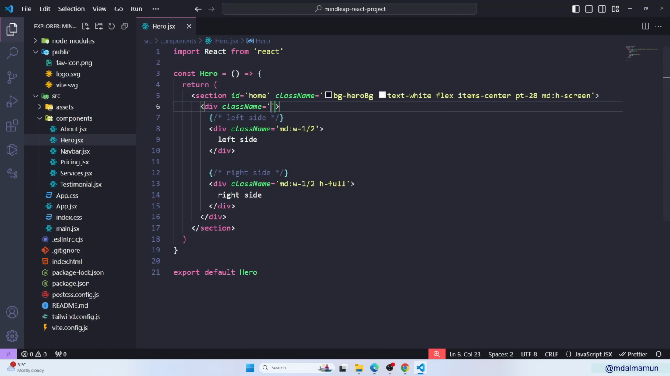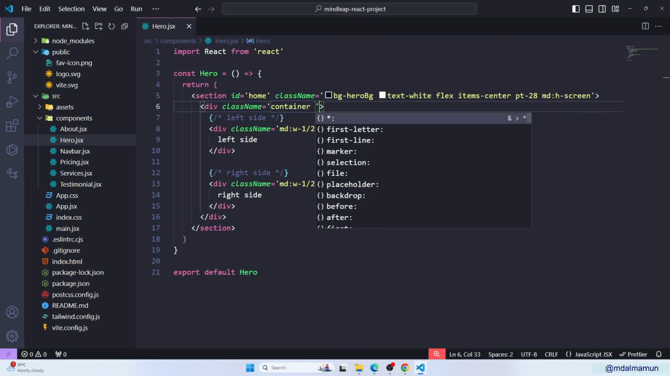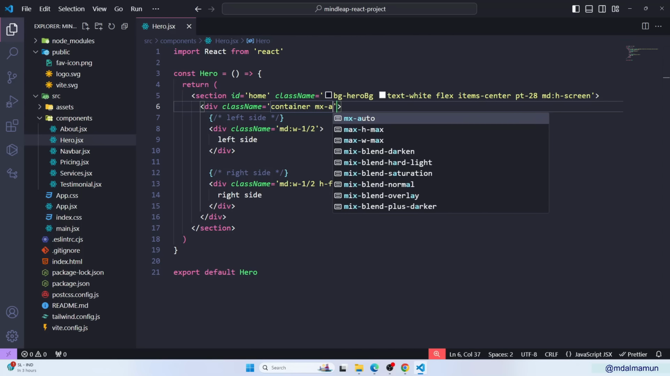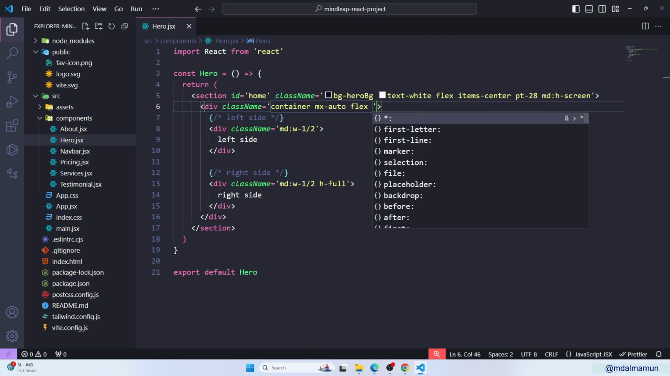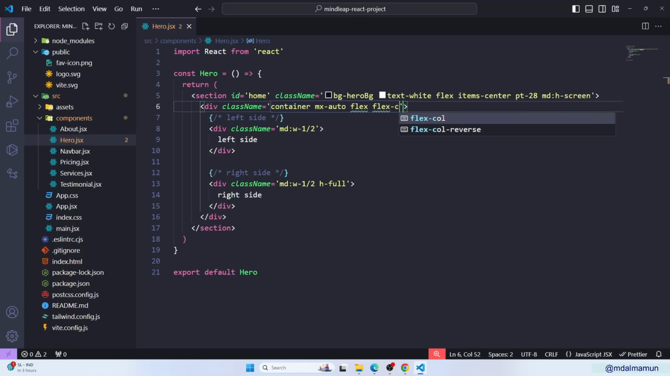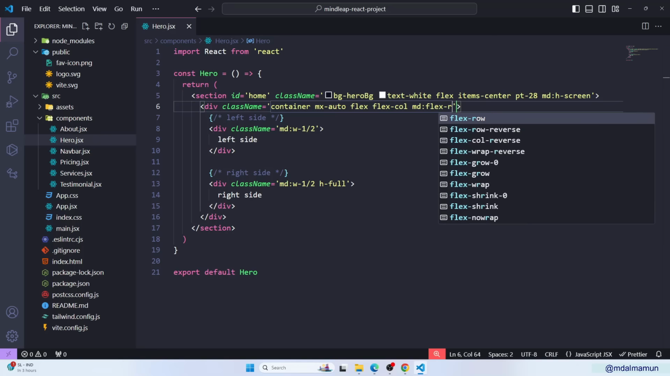So here on this div we'll define container, so it will take a specific width for a specific device. Here we'll define mx-auto, then by default flex, and by default flex column. On the medium devices it will be flex row, and then we'll have items-center,